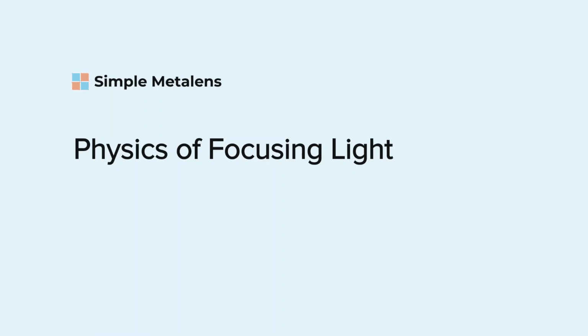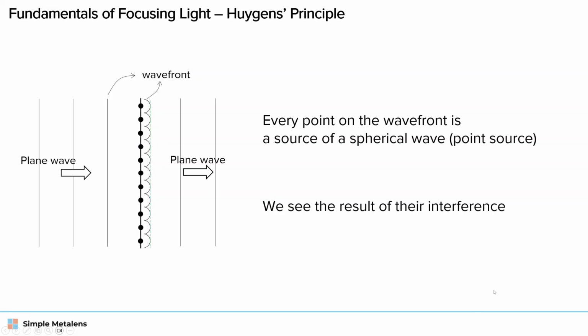In this video, I'm going to talk about the physics of focusing light. That's known as Huygens' principle. According to the principle, every point on the wavefront generates a spherical wave. For example, we have a plane wave on the left side of the screen that's propagating from left to right,